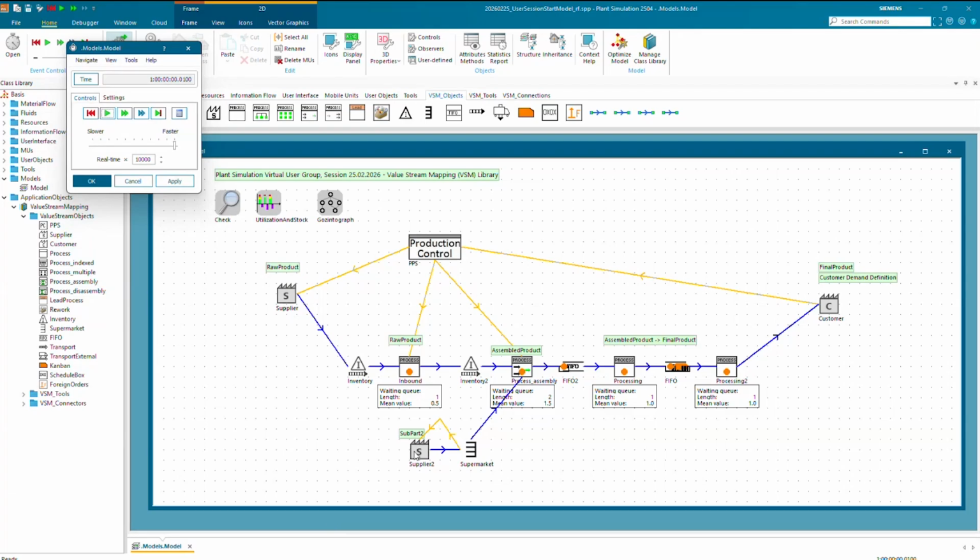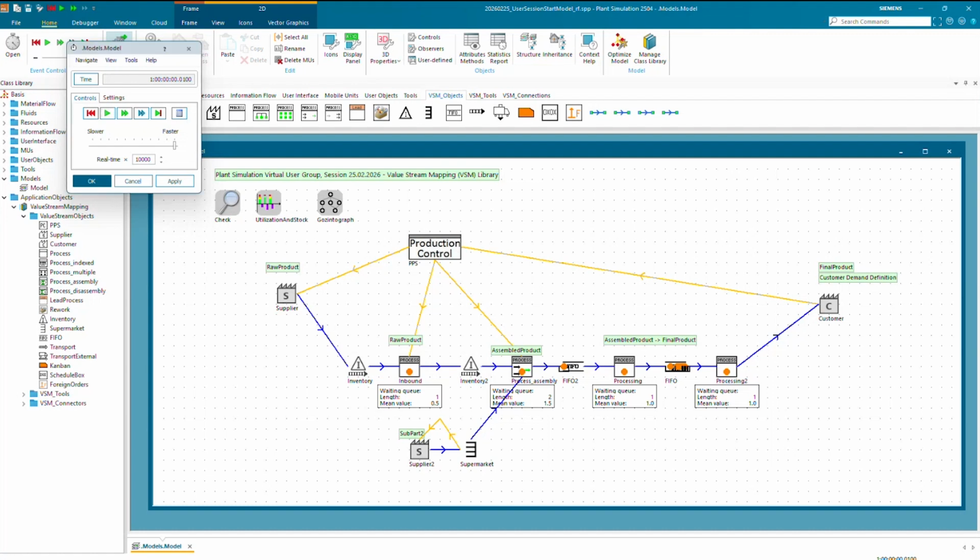This can now also be extended towards maybe a Kanban element, to have Kanban cards limited. You can also introduce certain special order elements to give a sequence of orders coming into a station. You can also have transport externals, specific foreign orders, and have additional workload on a station. But this would be kind of much to push all into a short, first introduction round for value stream mapping.